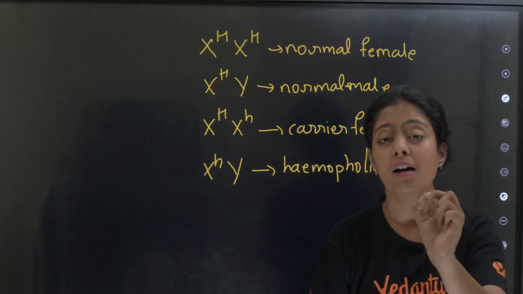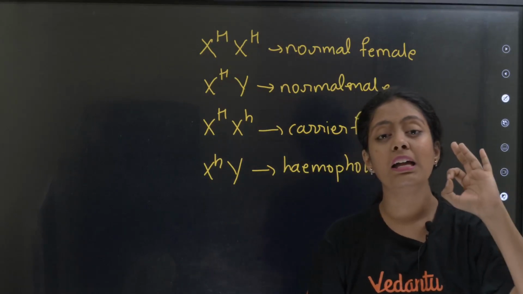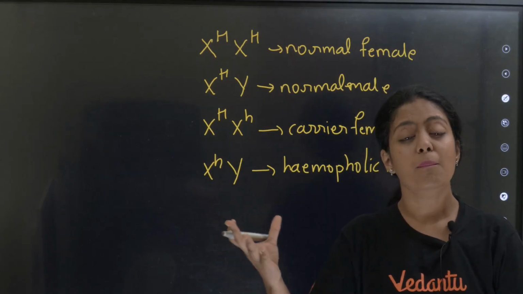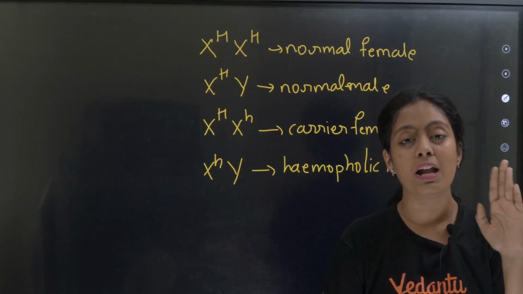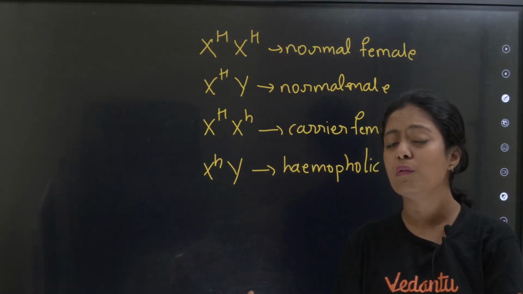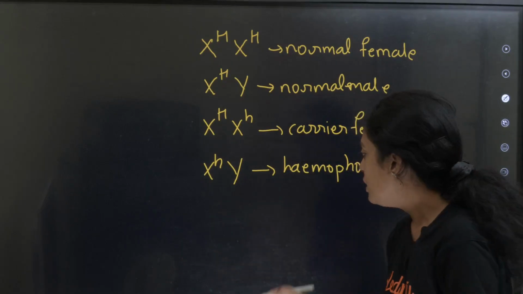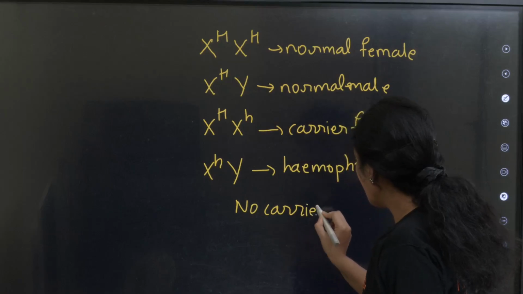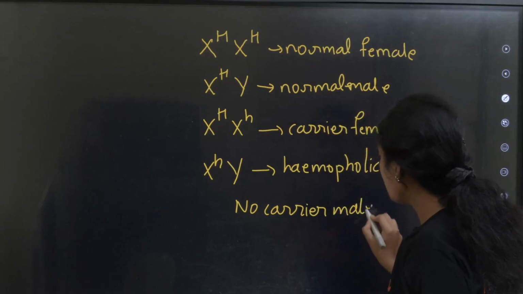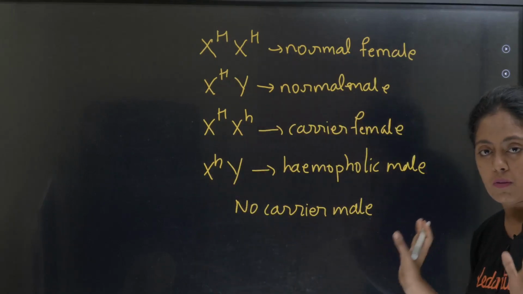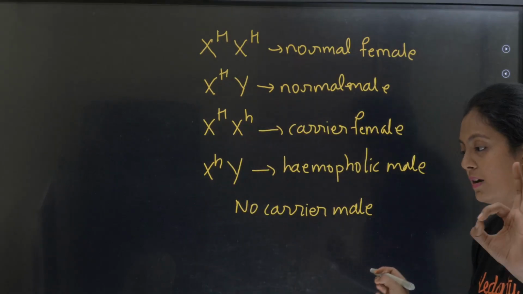This could be a question in your exam. Why is hemophilia more common in men than in women? Because man carries only one X chromosome, and it is when that X chromosome carries the hemophilic allele, they are hemophilic. So rombo mukkyo, there are no carrier males. Okay, they are either hemophilic or they are normal. Okay, இதுதான் முதல்ல நீங்க புரிஞ்சுக்க வேண்டியது. All of you please do make a note of this.